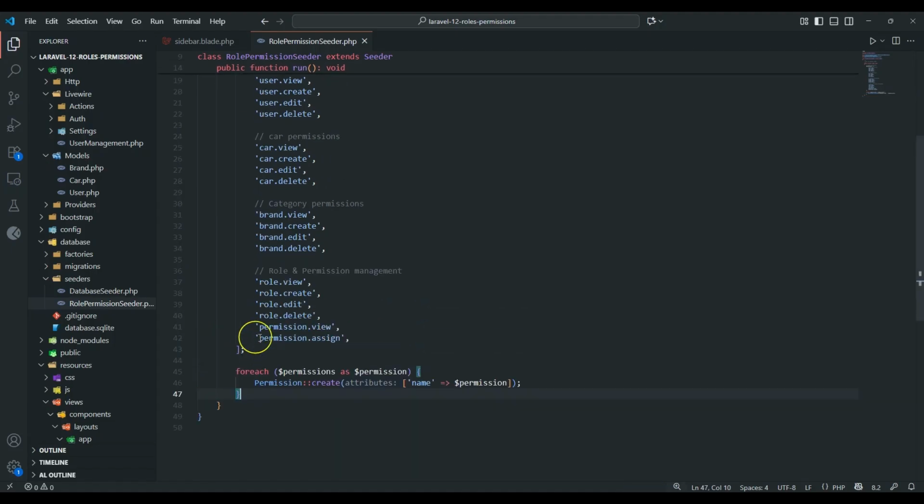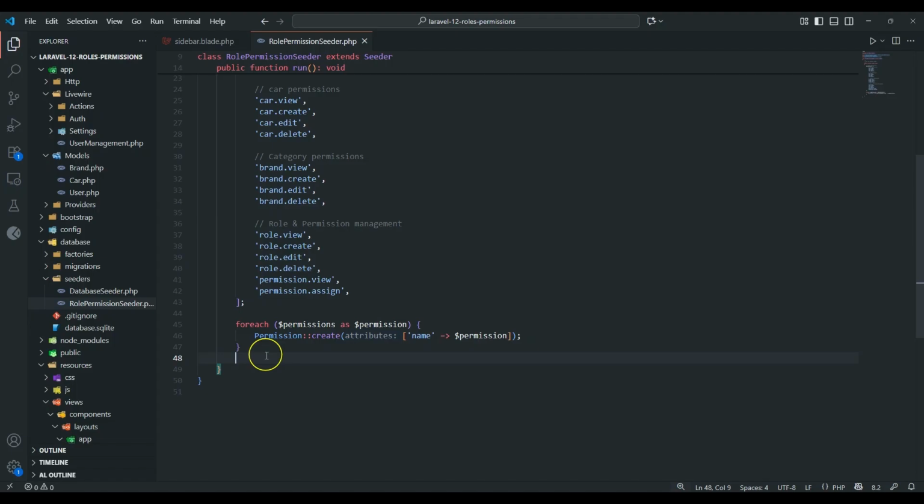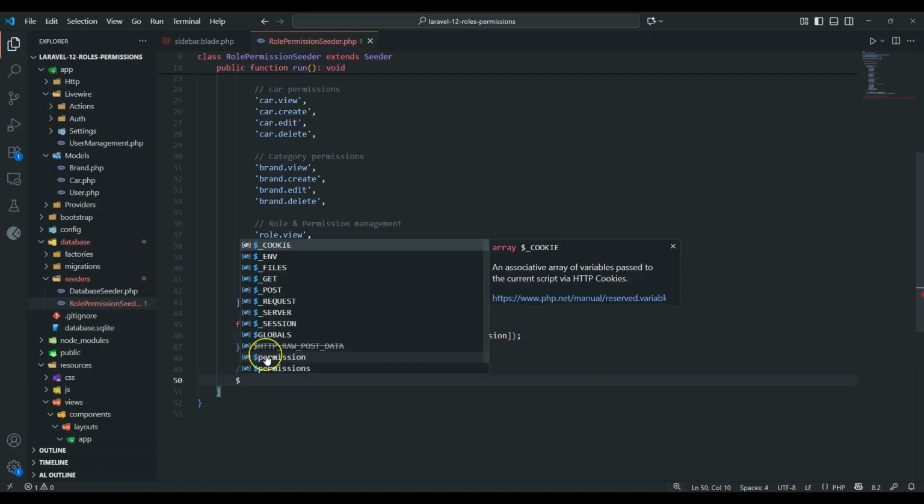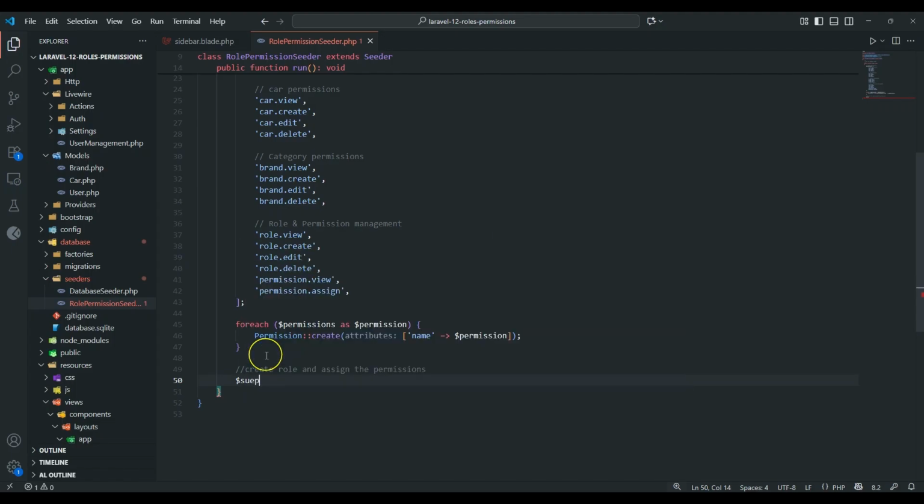But that's not all, because we need to assign the roles. We need to create the roles and assign these permissions to that particular role. So down here, let's create another thing that we need. So I'm going to create role and assign the permissions, okay? So down here, I'm just going to say, for example, the first role will be super admin role,